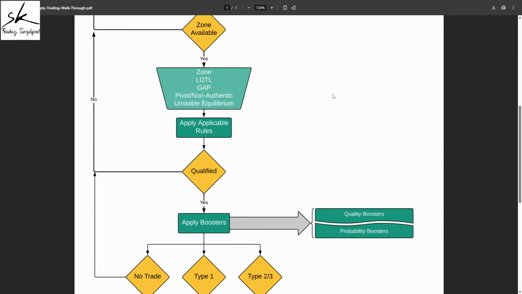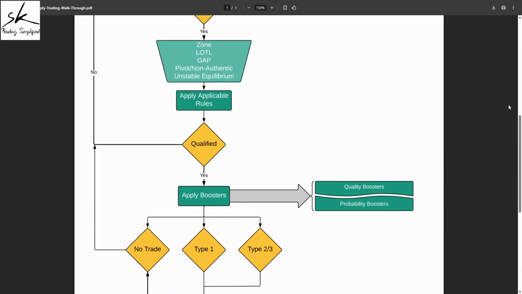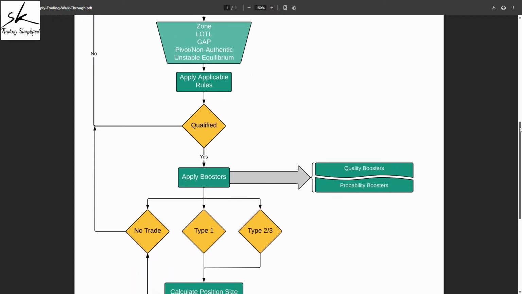And once we have identified the zone, it does not mean we can trade it blindly. That's the biggest mistake demand supply traders make initially. They see any demand area on the charts and blindly start buying on it. They see any supply area on the chart and blindly start selling on it, which is incorrect. You can never blindly buy or sell at any demand or supply area.